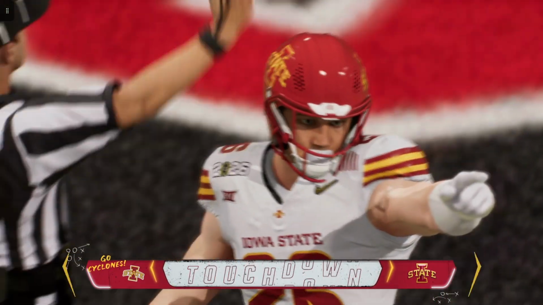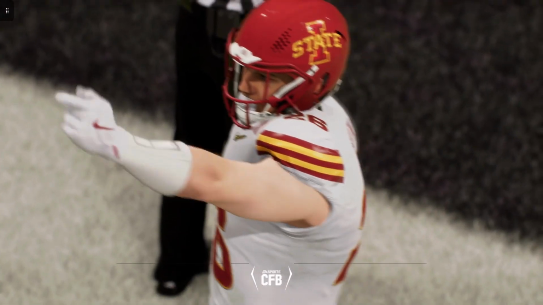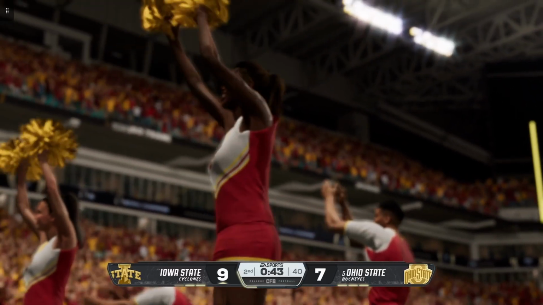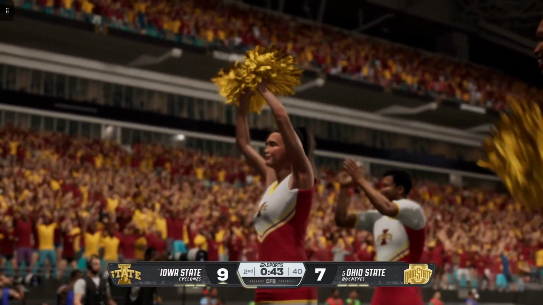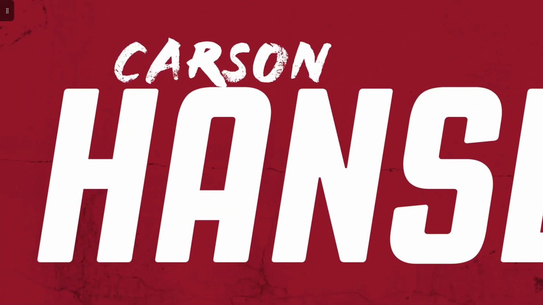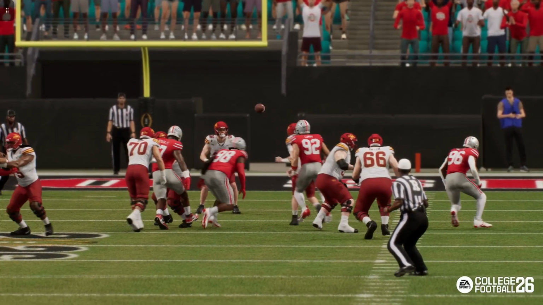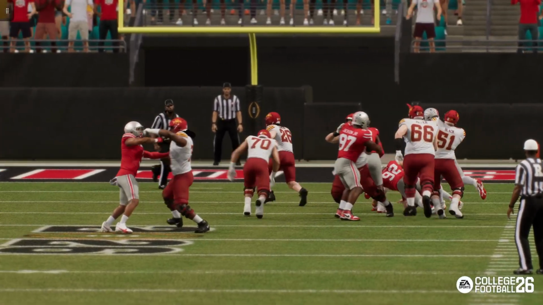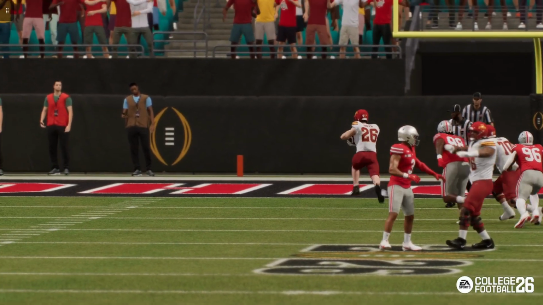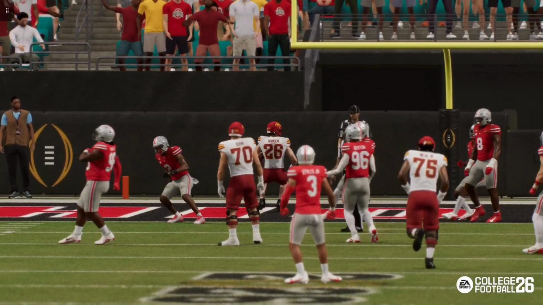Touchdown, Ohio State. That's what I love about this running back, he's so dangerous after the catch. You know, you look at him and you think about the ability to run between tackles or even bounce it outside, and that's great. But what makes him really one of the more dangerous backs in the country is this right here. Catch the ball in the backfield, make people miss, and take it into the end zone.